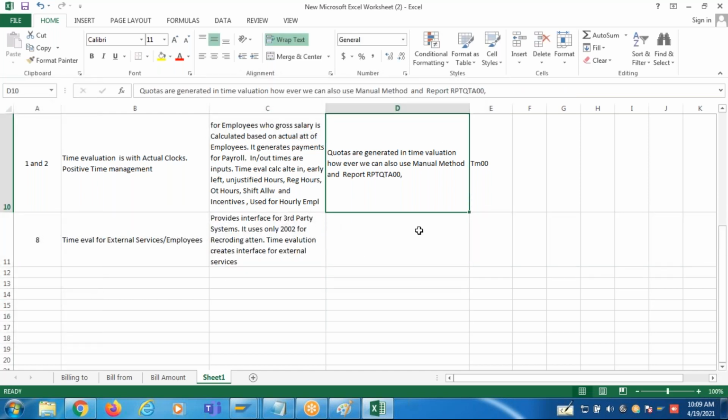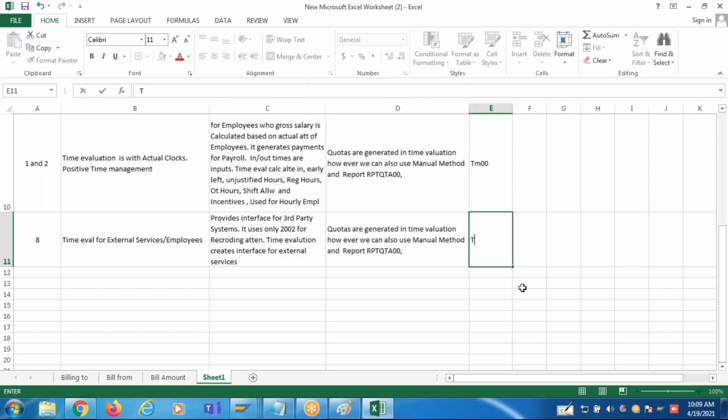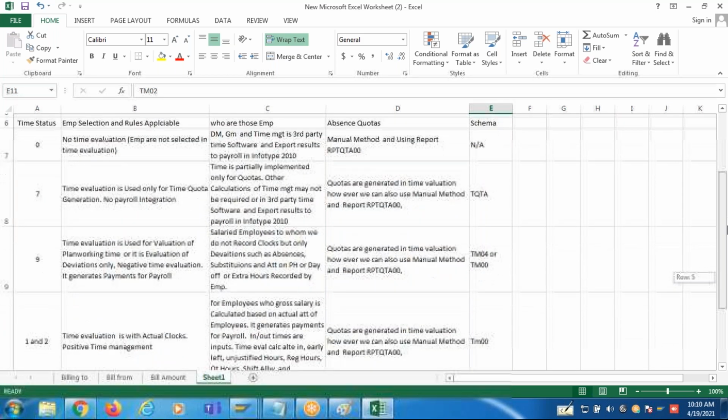For them also, you can generate the quota. TM02 is the schema given by SAP. So this is what time evaluation is, guys.